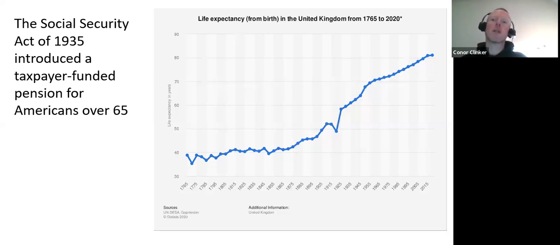But it's not your personal accounts, right? The money comes in the front door right out of your paycheck and immediately goes out the back door in the form of a Social Security check sent to grandma. So in other words, when Social Security started, people over 65 started getting checks right away, but they had never paid into the program because the program didn't exist. So when you get a Social Security check, you're getting someone else's money. It's not your own personal account.